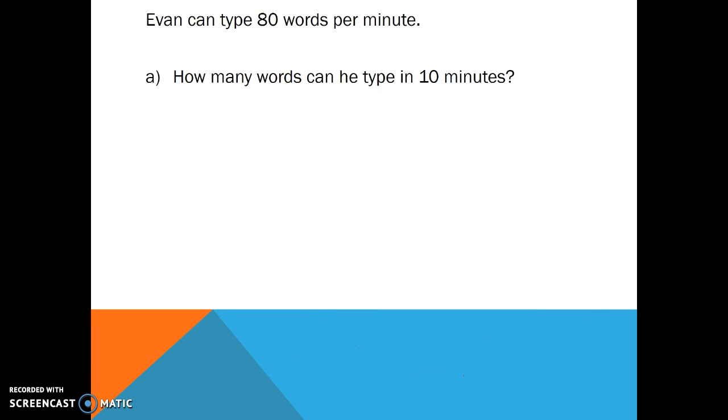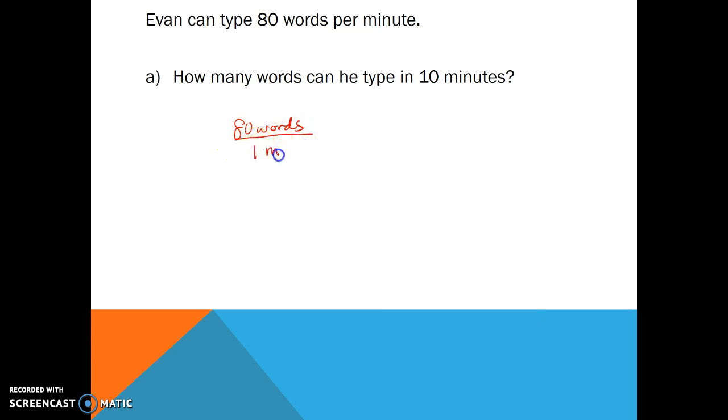So I know some of you were kind of digging the equivalent fraction things last week, and so I'm going to show you how to solve this problem using equivalent fractions. Hopefully you have paused it and are already trying to do that yourself, but just in case, let's do this together. So how many words can Evan type in 10 minutes? So we've got 80 words